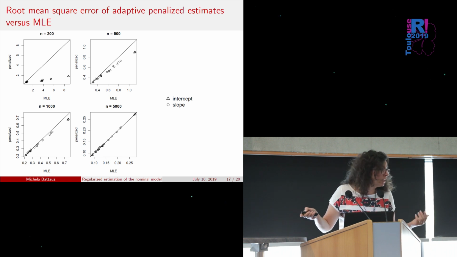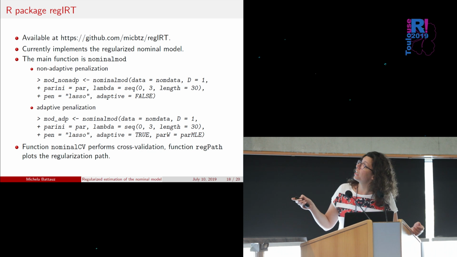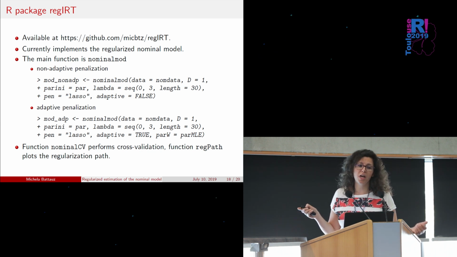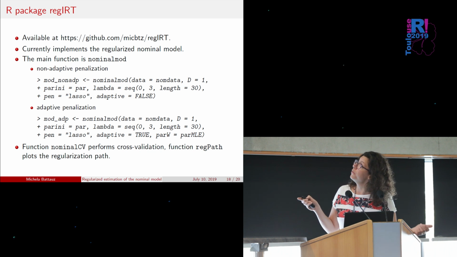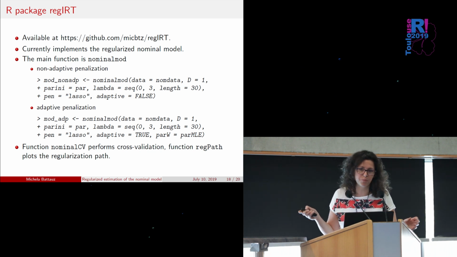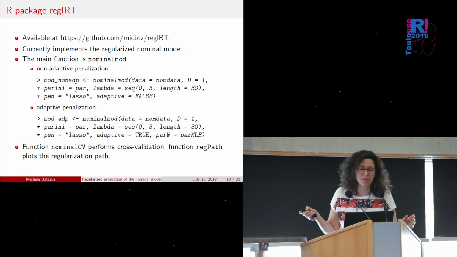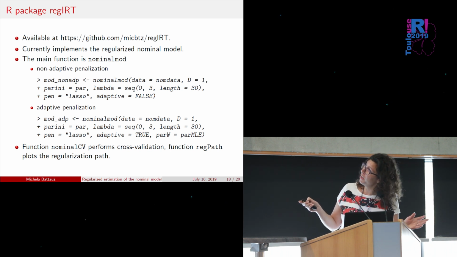This method is implemented in an R package that is available on GitHub. The package is RegIRT, which is for regularized item response theory. Currently, in this package, there is only this procedure, the regularization of the nominal response model using this penalty. But I'm planning to include in this package other regularization methods for item response theory models. And the main function is this function nominal model,